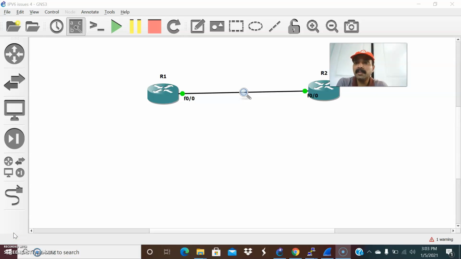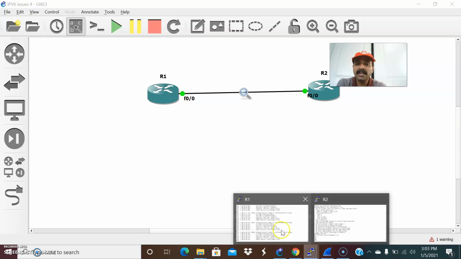And today let us debug the IPv6 RIP issue. For IPv6 we are using RIPng, the RIP next generation protocol for IP version 6. For some reason R1 is not able to establish a RIP neighbor relationship with R2. Because of that we are not able to see any routing updates, right? So let us check it out.